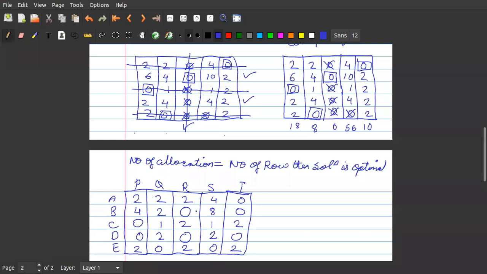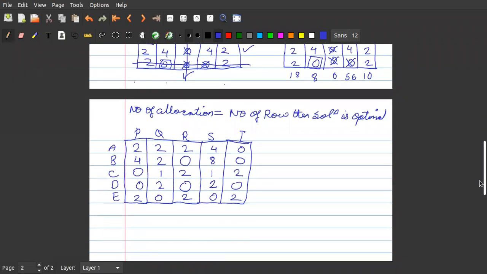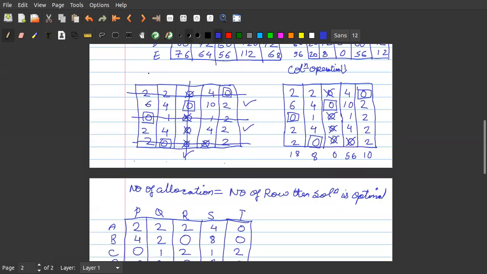Is it understood, students? Any doubts up to this point? Did you get how we have created one more matrix? Will you please come again on this one? Which part? The second matrix. Okay, again I'll go.